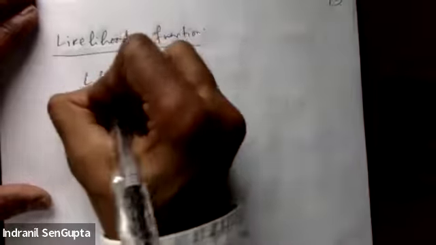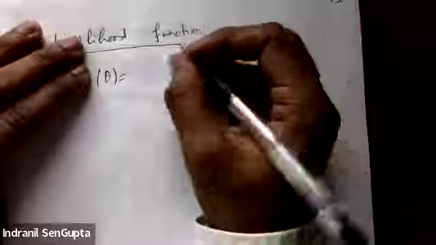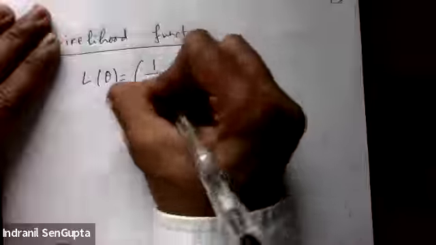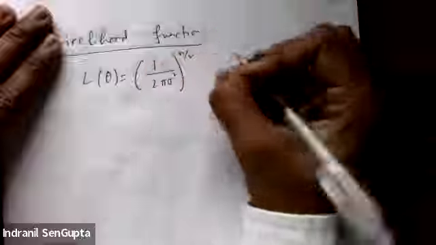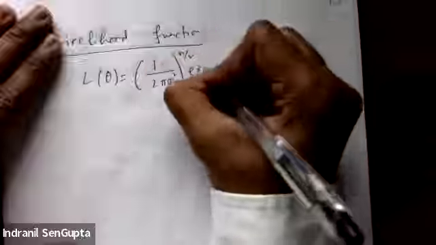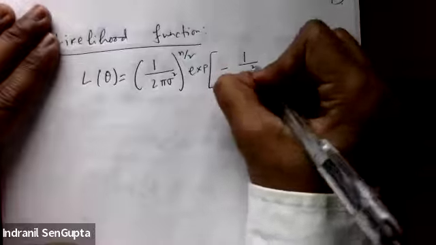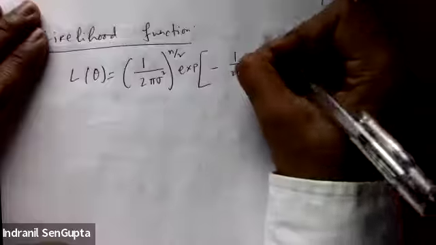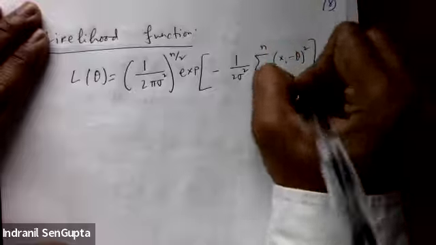L of theta, I'll just write it down: 1 over 2 pi sigma squared to the n over 2, and then e to the power of minus 1 over 2 sigma squared, summation i from 1 to n of (xi minus theta) squared,